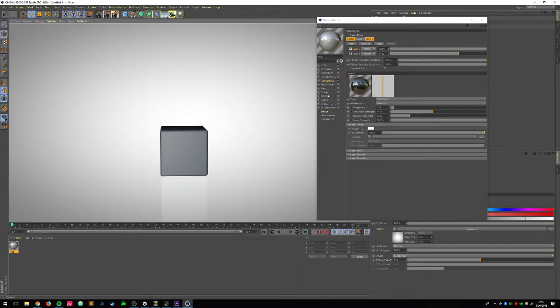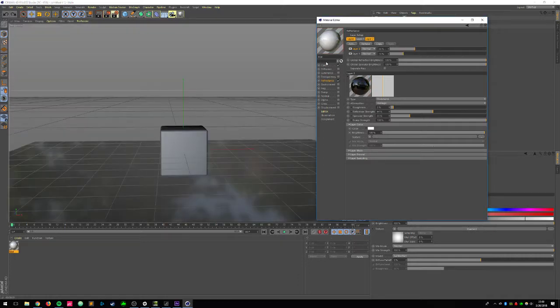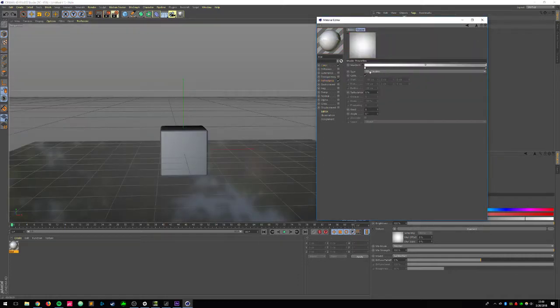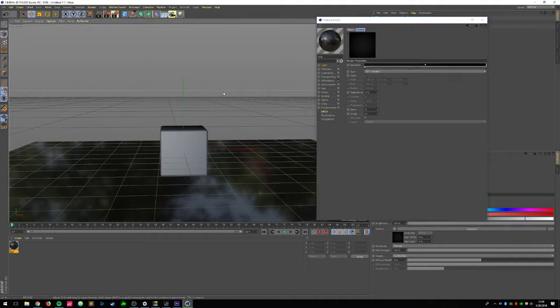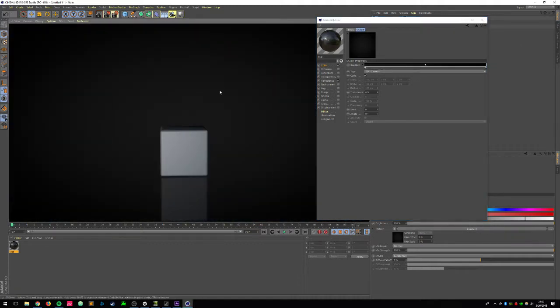But something that I want to do, because we're going to be talking about subsurface scattering, is I want to kind of actually make this a dark gradient. And so what I'm going to do is I'm going to pick darker colors. So for the middle, I'm going to take like a pretty dark gray. And then for the edges, I'm going to take full black, right? And so what this is going to do is I'm going to have this kind of like cyc, essentially. And you can see here that the reflection is really kind of prominent because this is darker now, and my texture of this cube is so light. And so I'm going to call this floor,